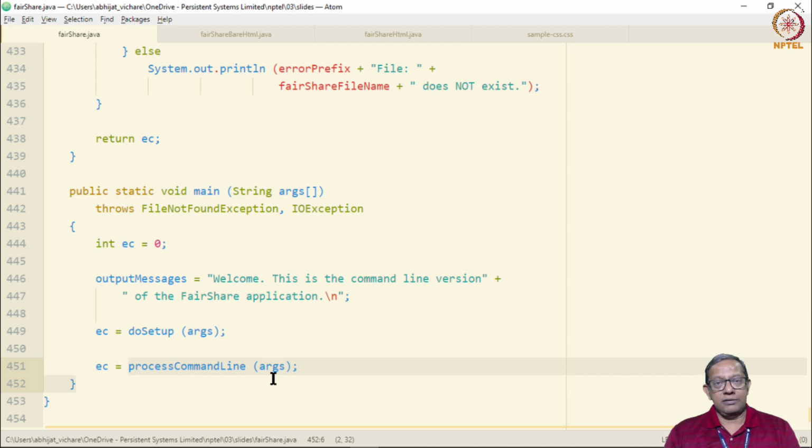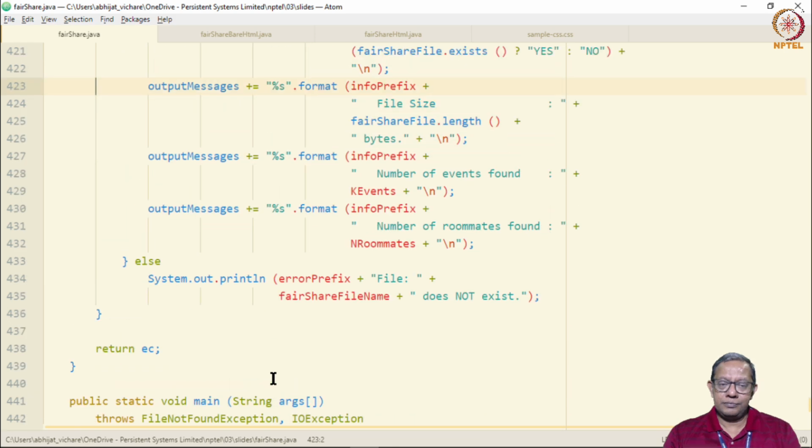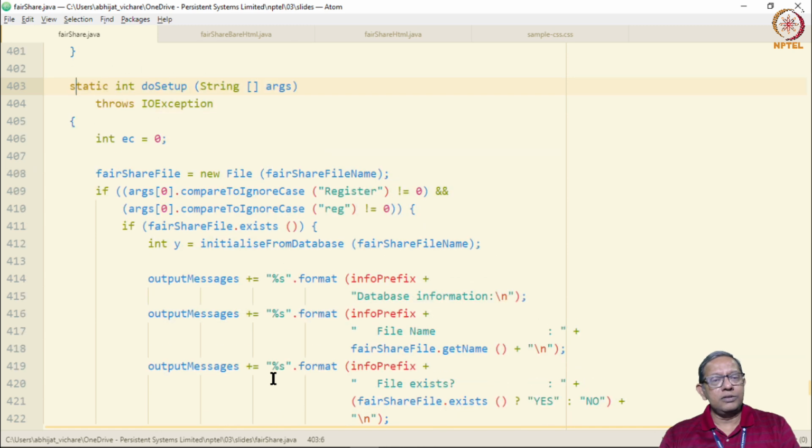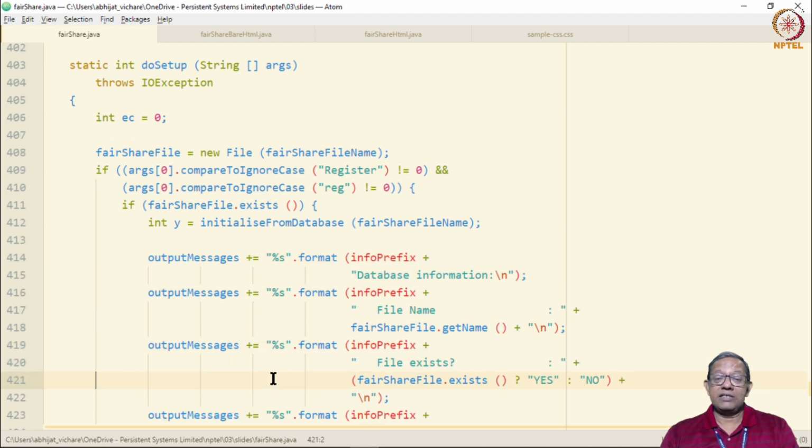In the command line version, the output produced by each function was simply printed at that point within the function itself. So for example, the doSetup function informs us about the database, the particular file that stores the database.